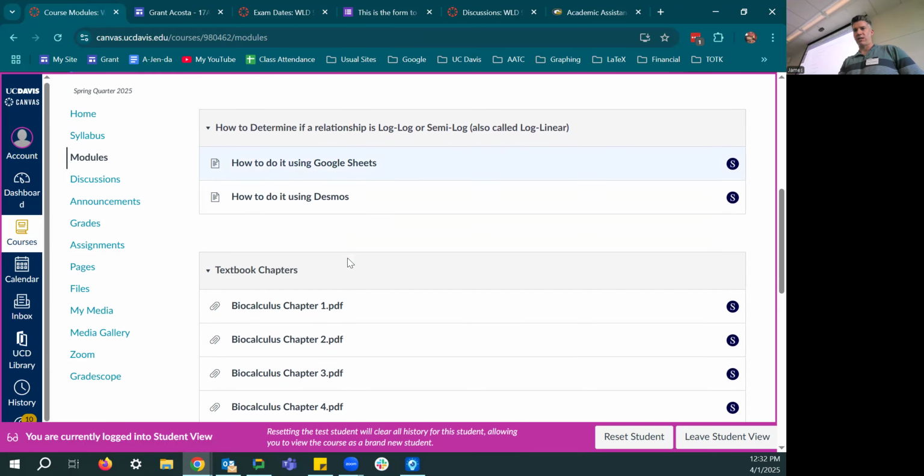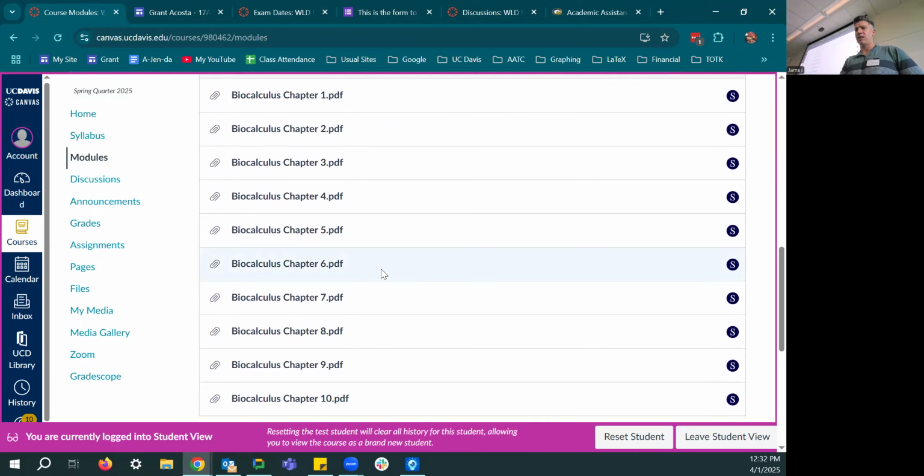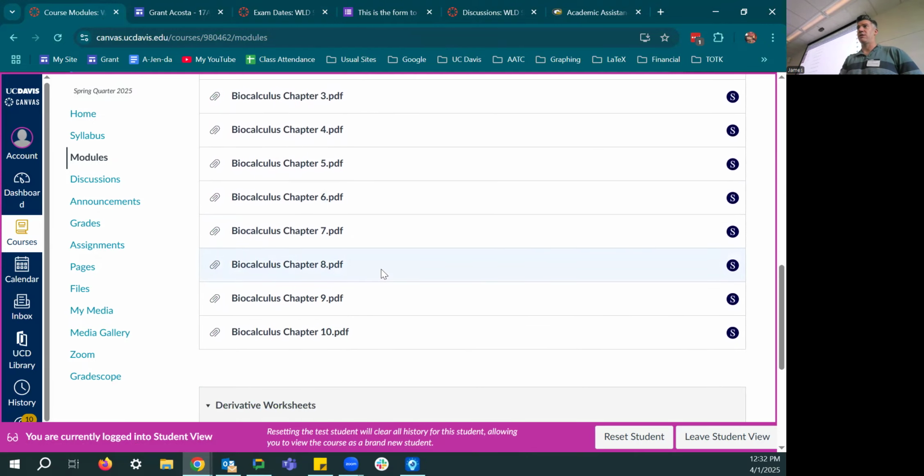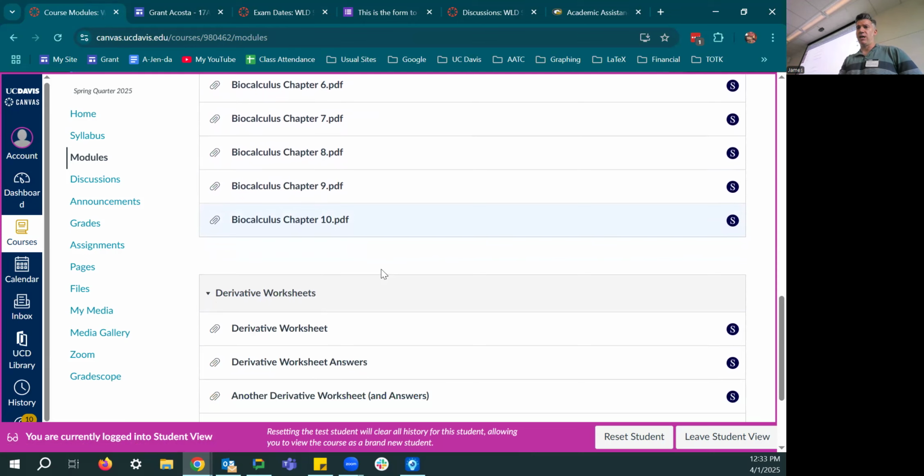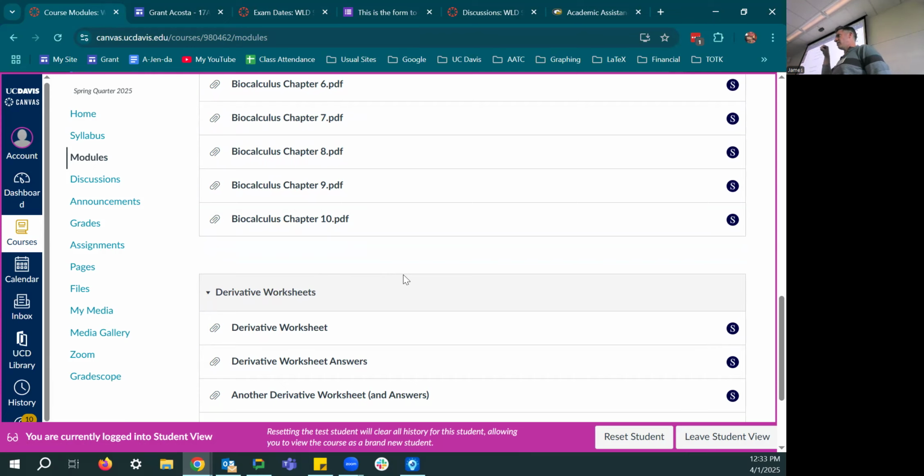We'll talk about log, semi-log stuff. And then there's also the chapters of the textbook. If you need them to easily reference, they're right there. They're just PDFs. They're not like, oh my gosh, what's the word I'm looking for? The actual textbook that's online. There's a name for it. I can't think of it. The one you have through Equitable Access, I think. I think you have to scroll down to the page and then click on the next thing to go to the next, if you want to go page by page, not that you're usually doing that. It's kind of tedious. These are just regular PDFs that you can scroll all the way through. So if you want to download them, you're more than welcome to.